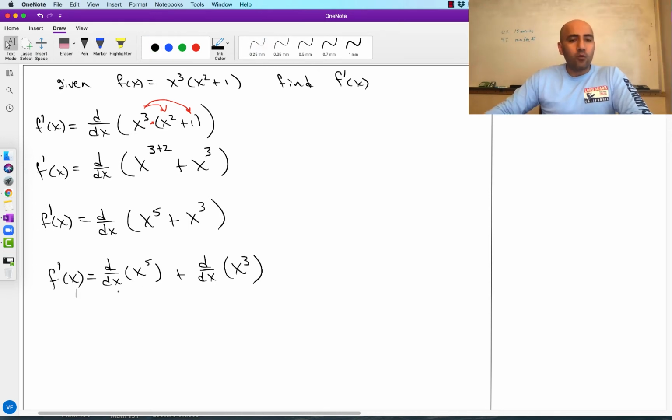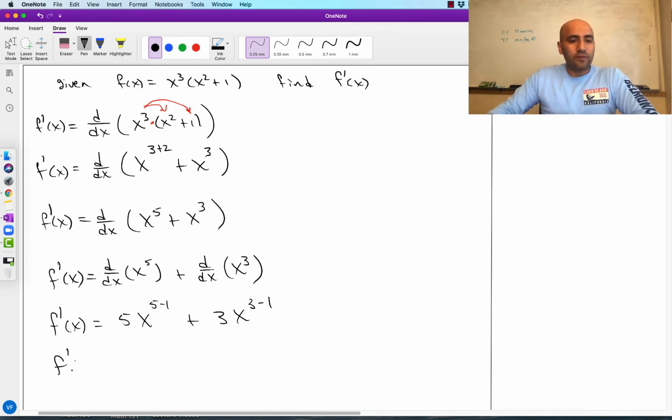And now the power rule tells us that this derivative is really easy. It's going to be 5 times x to the power of 5 minus 1 plus 3 times x to the power of 3 minus 1,